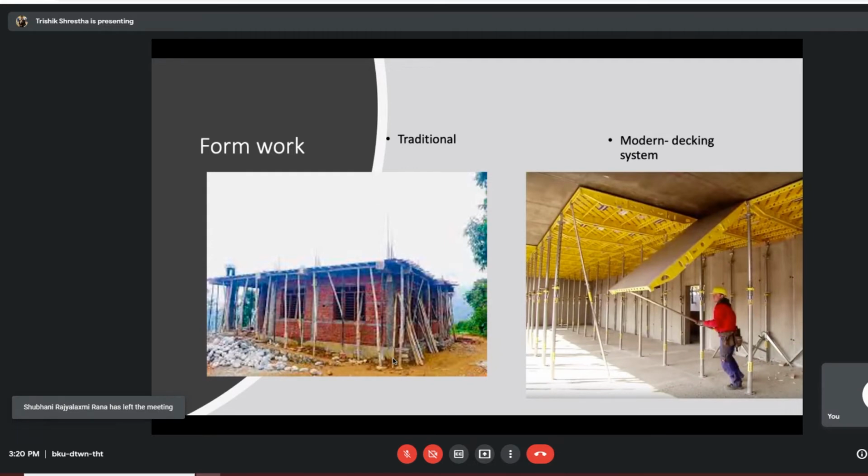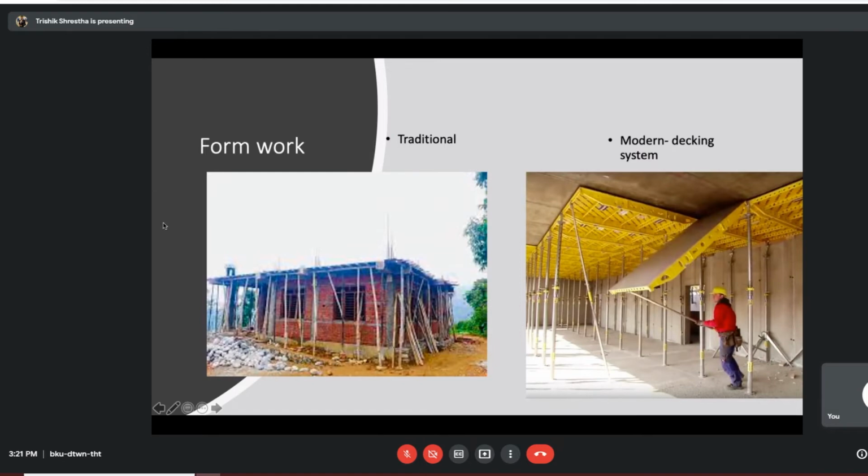That is not how you're supposed to do work, right? But obviously, these small construction projects are limited by cost, and then the contractors have no option but to use the cheapest options available. But as we have already discussed, not all solutions have to be expensive. In this particular case, this poor contractor probably used this because they did not have capital to spare whatsoever. I don't know why, but this just feels like home. Anyway, so the revolution in modern decking system.